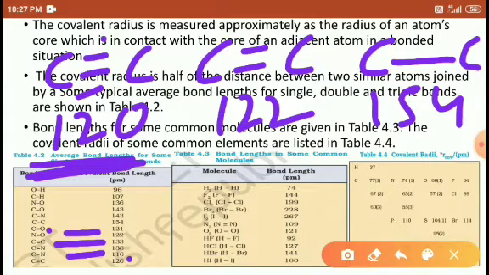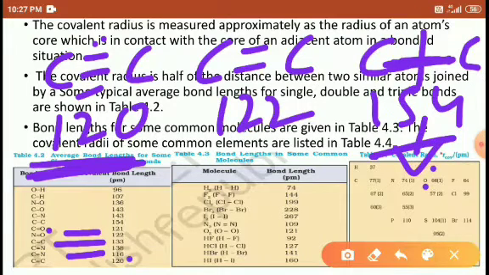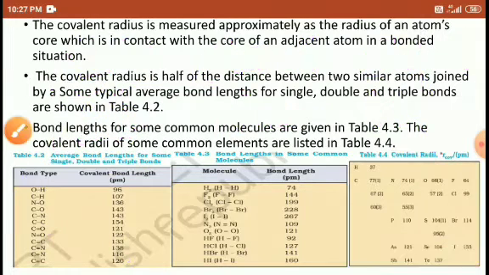It means, friends, that when the bond length is small, dissociation requires a large amount of energy. A single bond has a high bond length. High bond length means weak strength, so dissociation requires less energy. A bond with high length dissociates more easily. When the bond length is small, dissociation requires high energy.